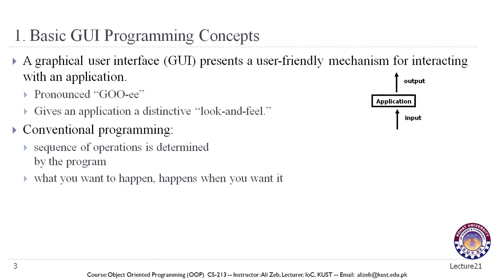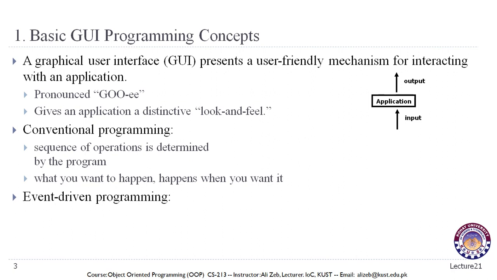What you want to happen when you want it. So we can only, for example, print something wherever we use the print statement. We can only decide in advance where a certain action should happen or where a certain method is called,